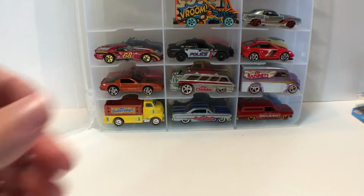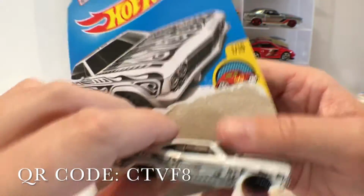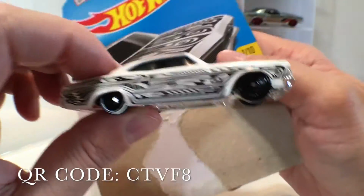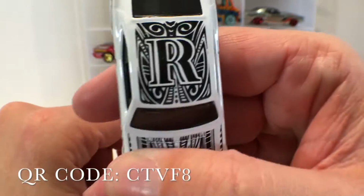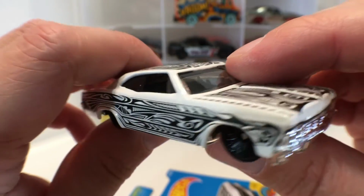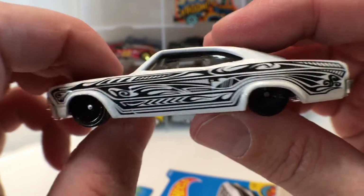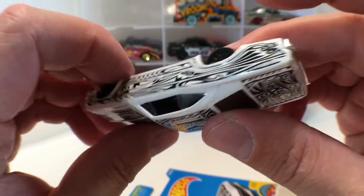And then, let's see what we got. Yes, you can tell I opened this one already. The package was busted when I got home. I didn't realize it, but the plastic was messed up, so I went ahead and opened it. This is from the Art Cars series. Got an R on the top for the R in art, I'm assuming. So just white with a lot of black pinstriping. Now usually the white cars look a little drab to me, but with the black wheels and all the tampos on it,